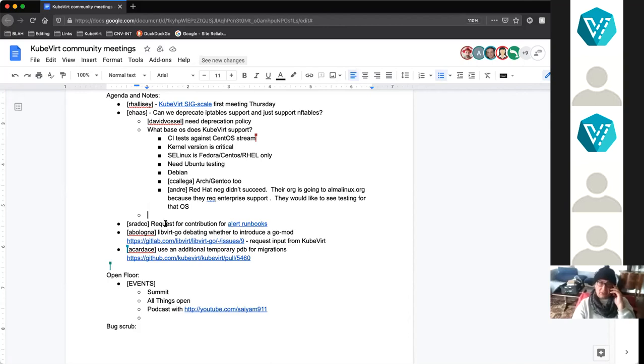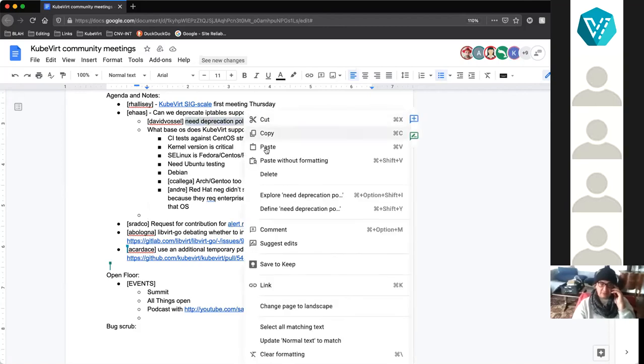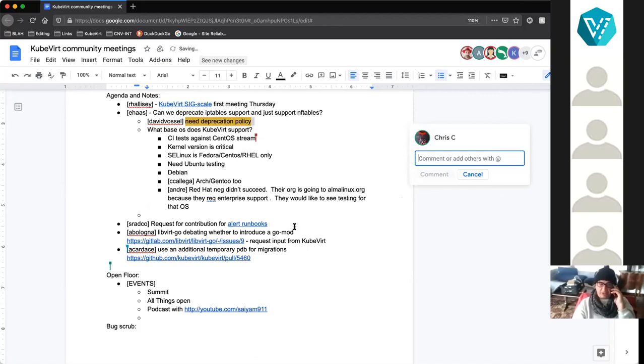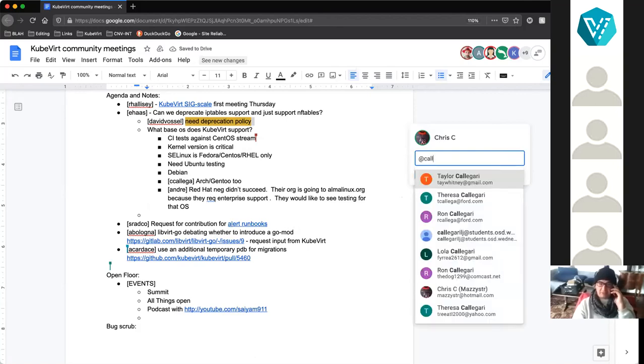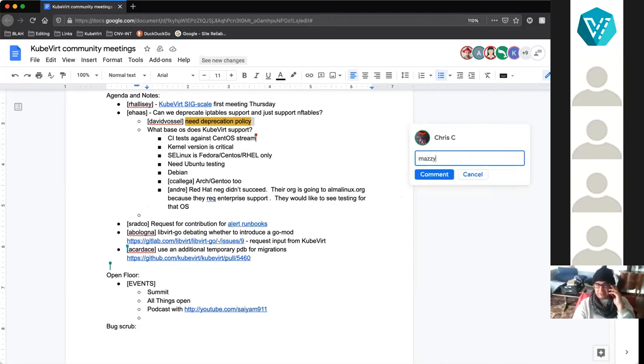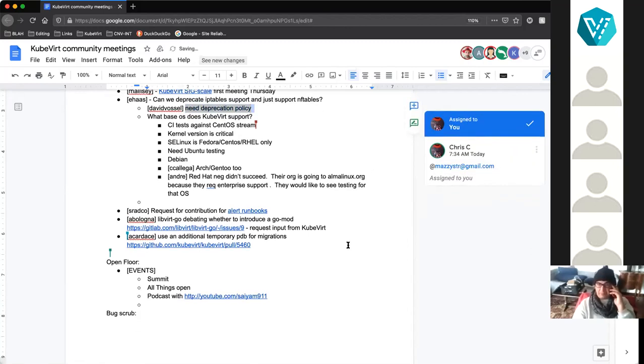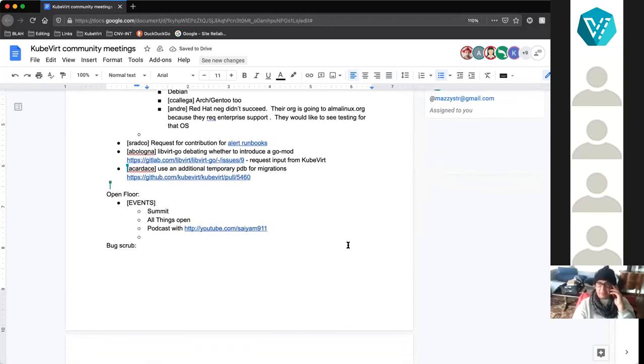Okay, Shirley, request for contribution for alert runbooks. Yes, hi. I sent out an email today about that. Basically, we want to add runbooks for each alert that we are sending, and to add to the alerts the URL to go to that runbook and get an explanation about what the alert is for, how it impacts the system, how to diagnose the issues, and how to mitigate it.